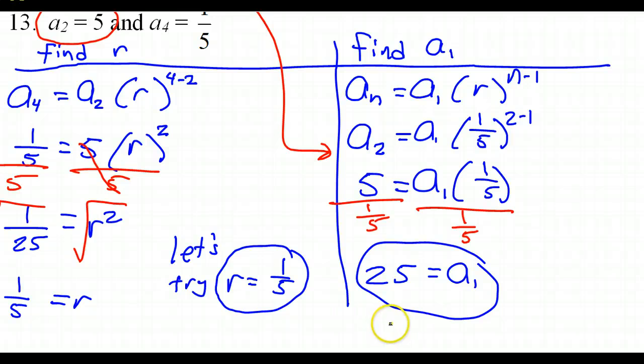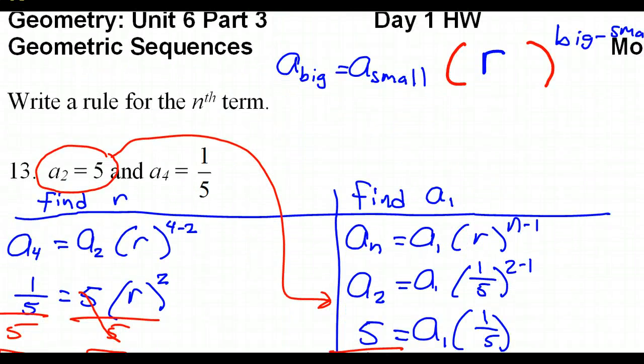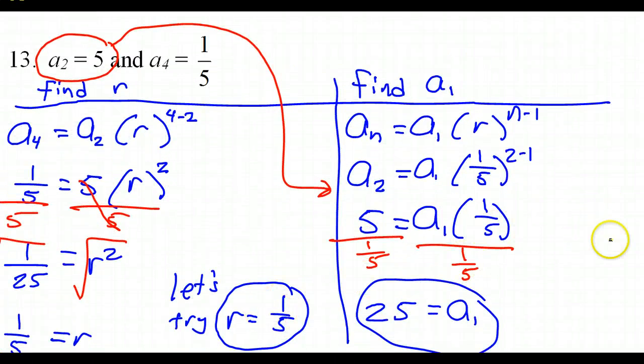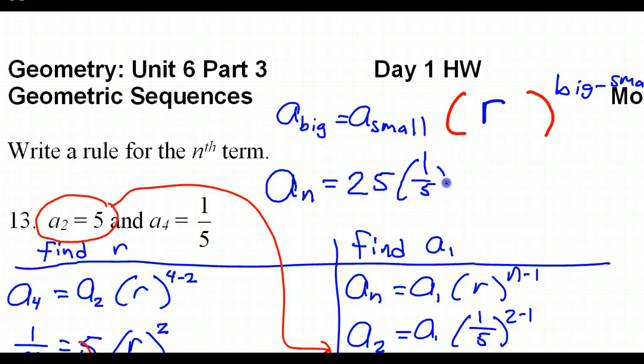Now that I have both my a1 and my r value, I should be ready to write my equation. And I'm going to go ahead and put it up here. So since a1 is 25 and r is 1/5, then that's going to give me an is equal to 25 times 1/5 to the n minus 1 power. So this would be a rule